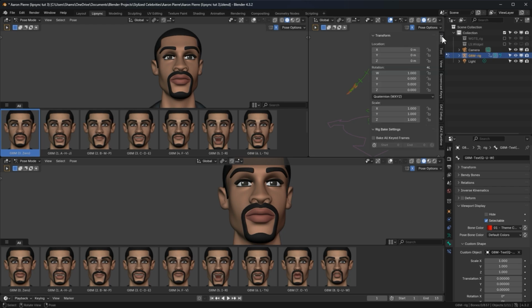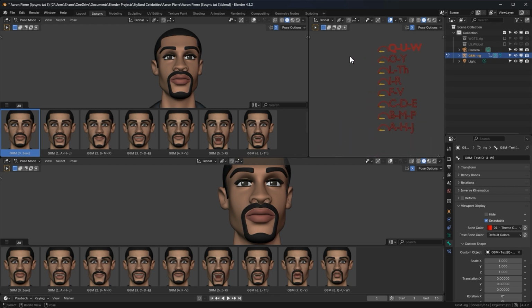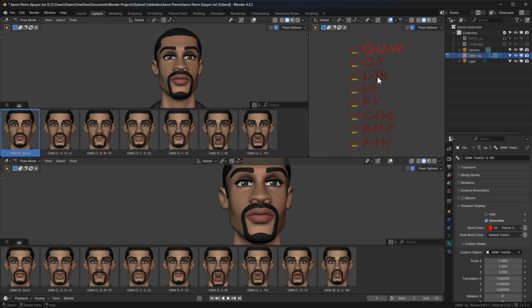Okay, next thing is in the properties panel, under the item tab, I'll scroll down to the rig layers section and then disable all the layers, and then press N to hide the panel. Let's zoom in on the controllers. Press 1 for front view. I think I'll also disable the grid. So having the controllers here will help us monitor their level of influence.